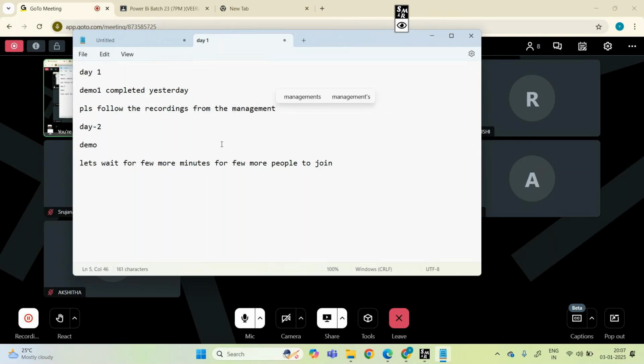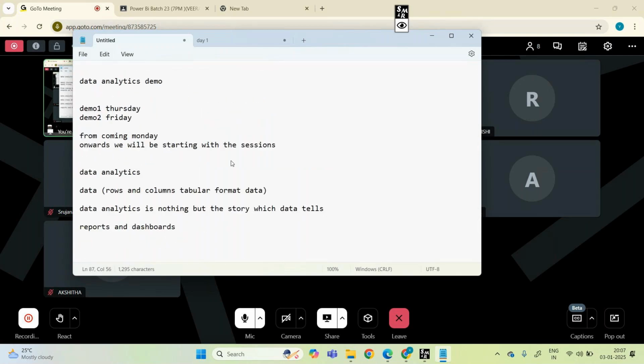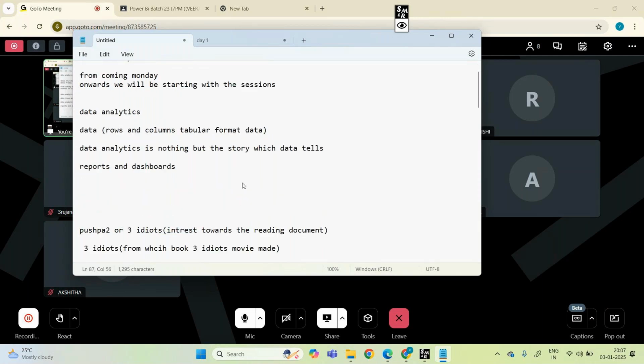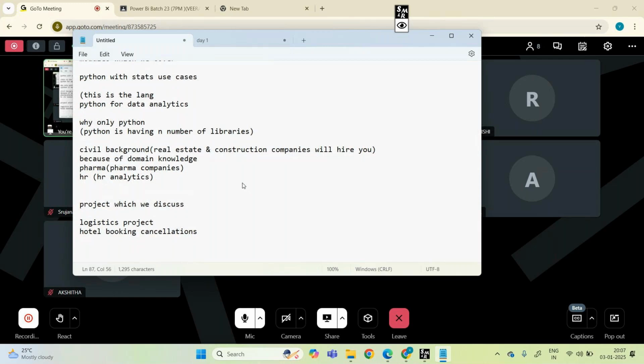Okay. Day two, demo two. Yesterday we discussed what exactly data analytics is, the difference between data science and data analytics, and how data analysts play a key role in the industry.